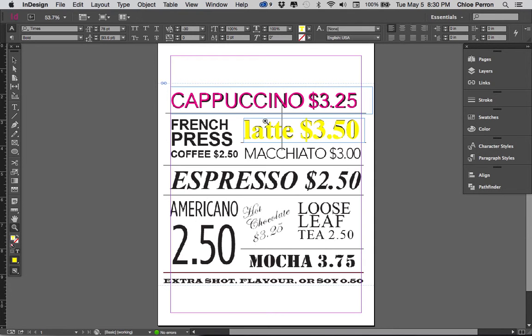I've used all of the system fonts that most computers have. Times New Roman, Avenir, I think it's Edwardian Script. I can't remember what this one is, but they're going to be fonts that everyone is going to have on their system. If you don't have exactly the right one, don't worry about it, but try to get as close to it as you possibly can. And then in the next video, I'm going to show you how to save and package this file for uploading it to